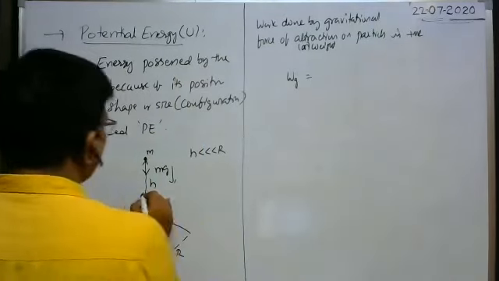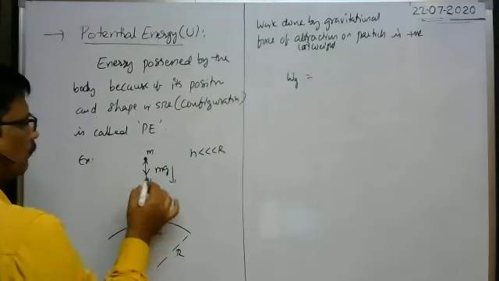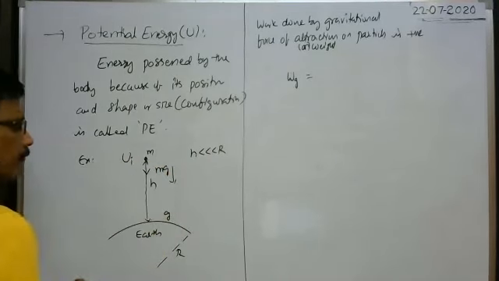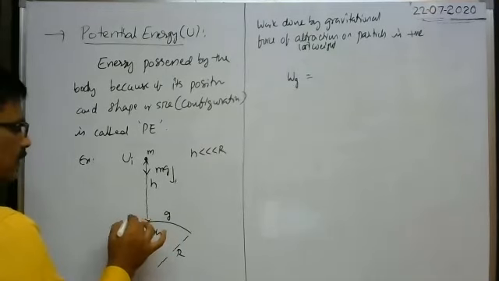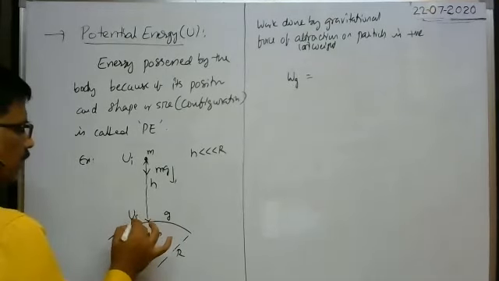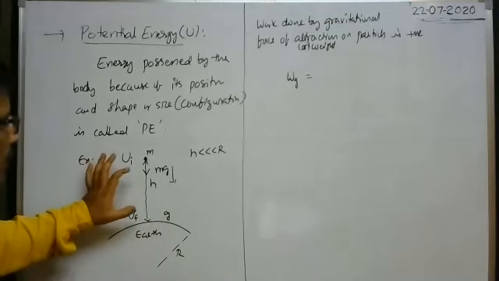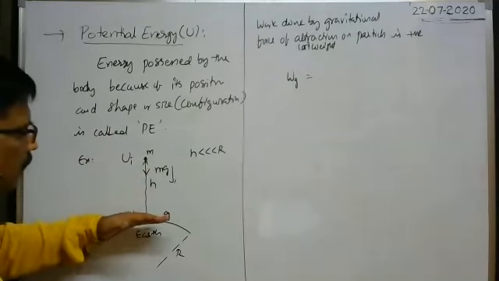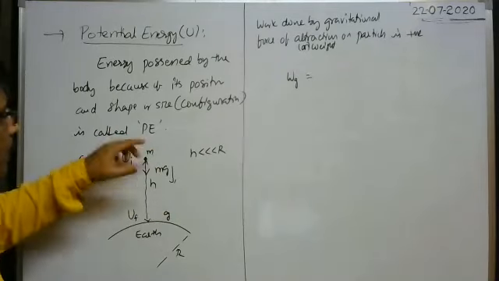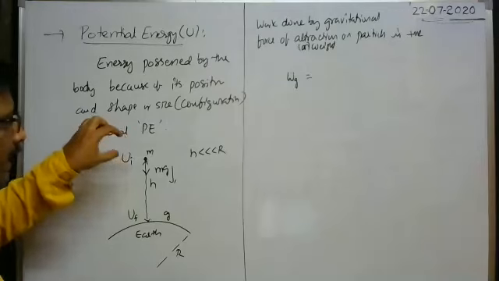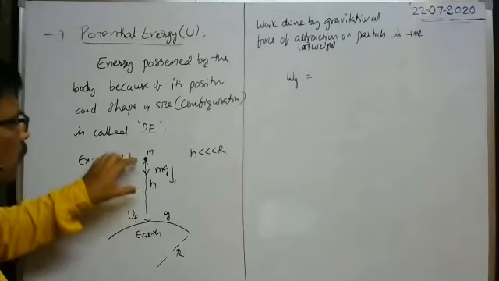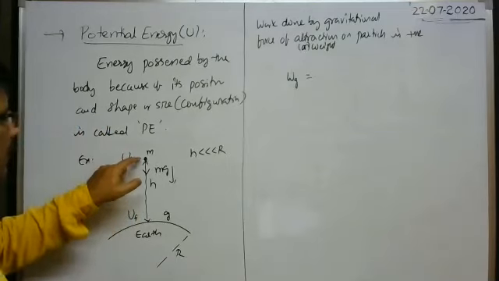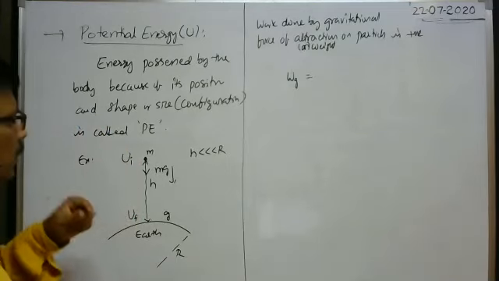As the work done by gravity is positive, the particle comes down. Initially, whenever the particle is here, the initial potential energy is say Ui. Whenever the particle reaches the surface of the earth, the potential energy is say Uf. As the particle is at a certain height, it possesses some energy due to its position. The energy possessed by the particle by virtue of its position is called potential energy. That's why the potential energy here, Ui, is the initial potential energy.